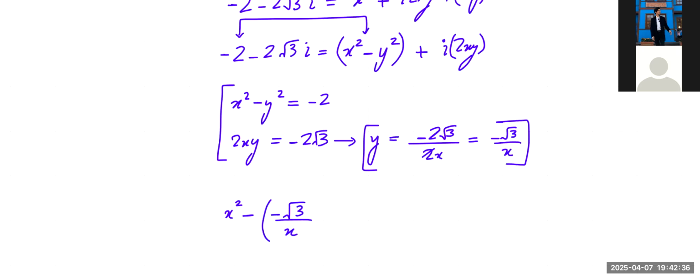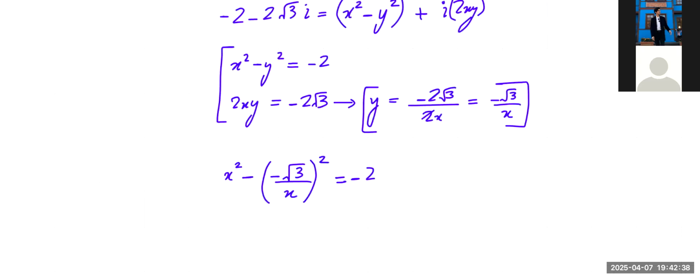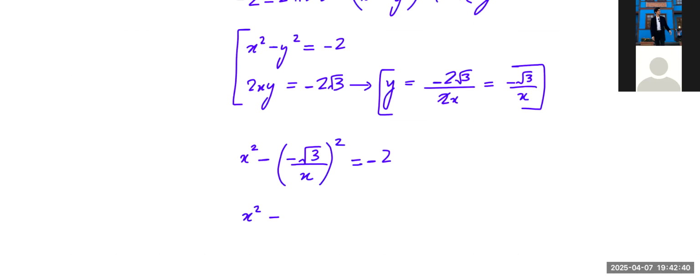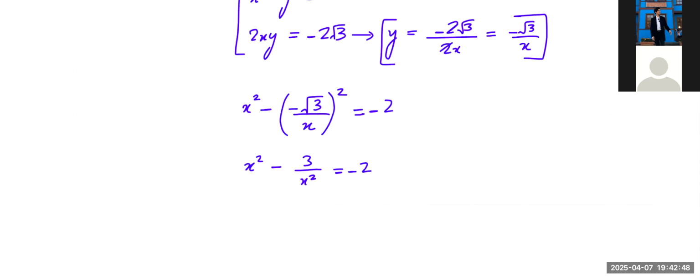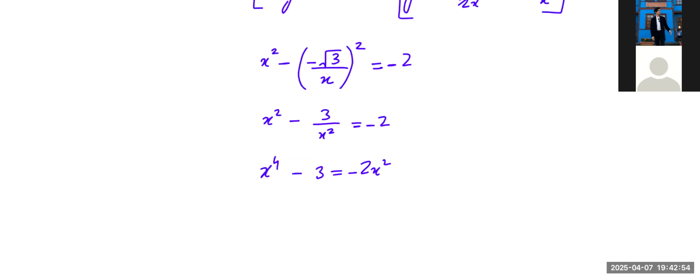Right, this is what you have, and now you have x squared minus 3 over x squared equals negative 2, if I'm correct. So now, finally, we can maybe multiply everything by x squared there, and then move everything to one side of the equation. And now another little layer of complexity comes in,